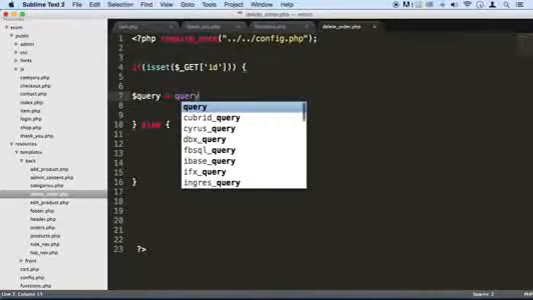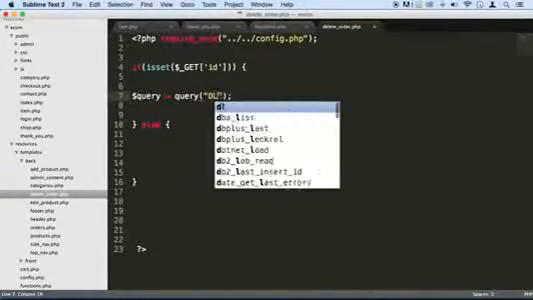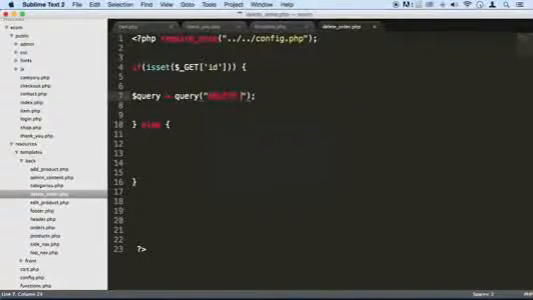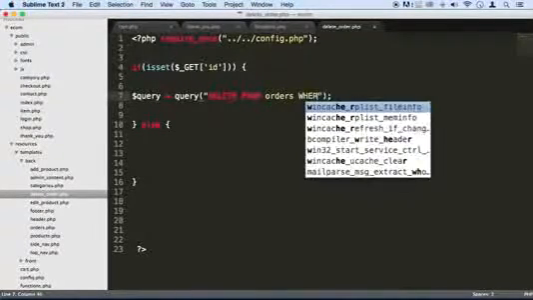Let's create that. Let's create the query. Let's use the query function that we got, and we're going to say, you know what, we want to delete. This is an SQL statement, of course. Some of you already know this, some of you don't. Delete everything from orders. Well, not everything. Delete from orders where